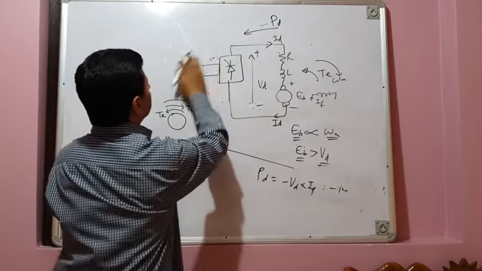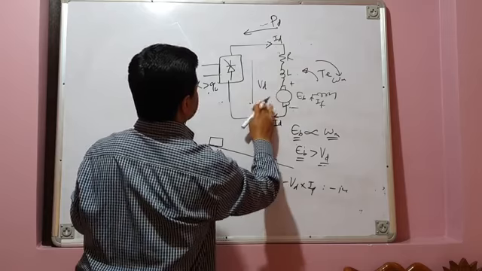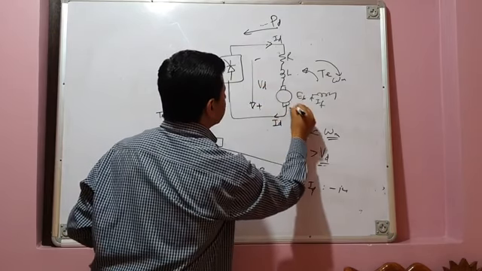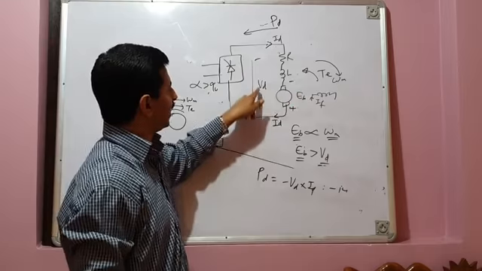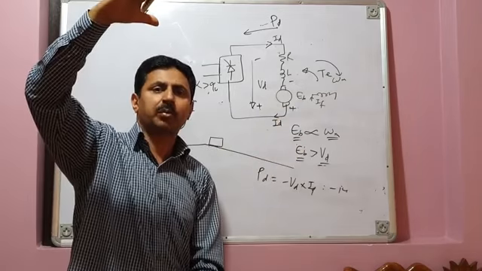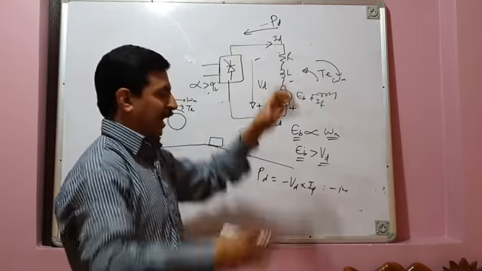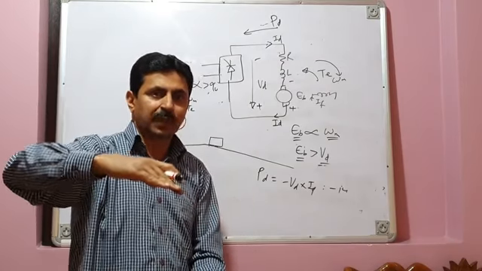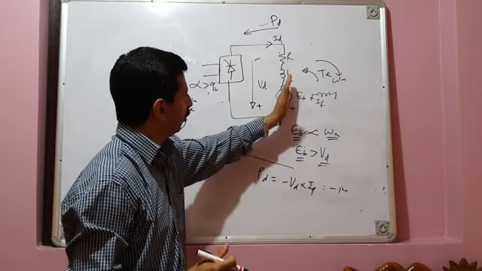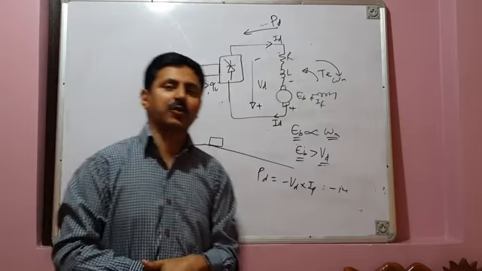So what we do? We make alpha greater than 90 degrees. We operate this converter in the inversion mode of operation. So the polarity of voltage reverses, and simultaneously what we do? We reverse the polarity of back EMF. Now since EB is greater than VD, when the hoist is quickly coming down, it's overspeeding, and the machine is operating as a generator. EB is greater than VD, it injects current against VD. So as a generator, when this machine comes down at a very high speed, it generates energy, and that energy flows from the DC to the AC side, and then goes back through this converter, that is fed back to the source.